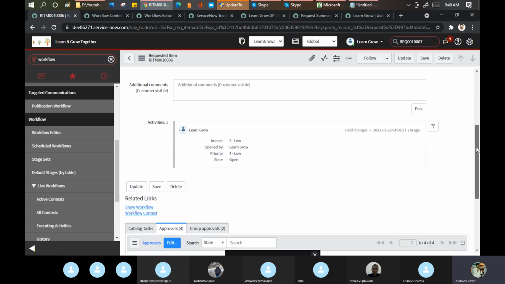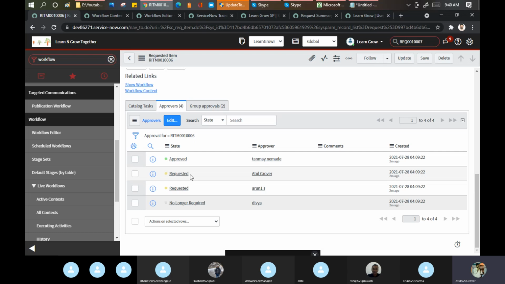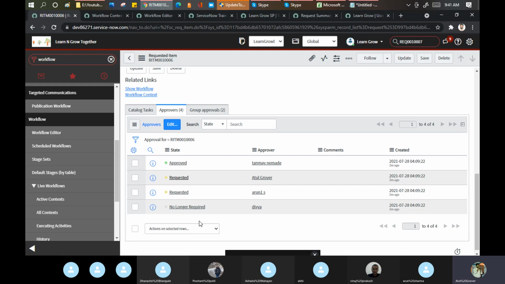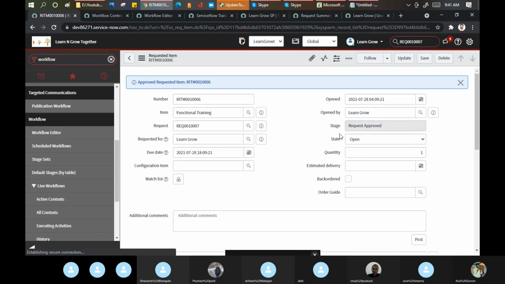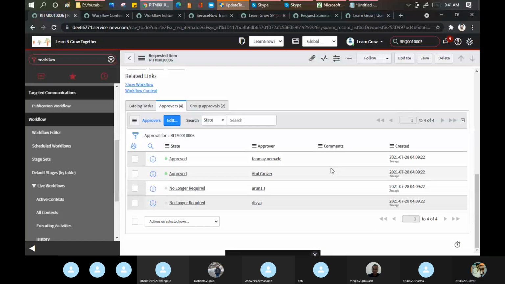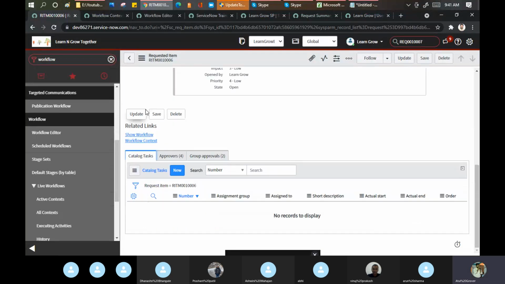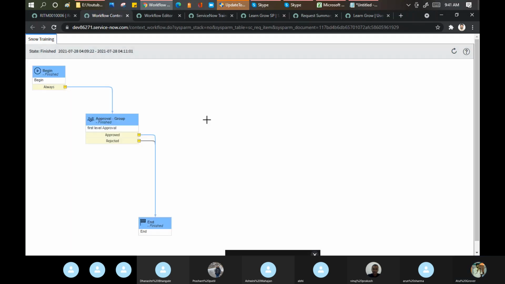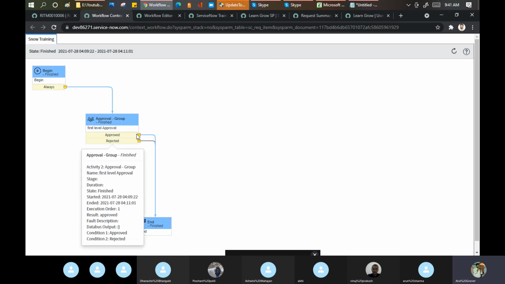Okay. Scroll down and approve this. Nothing will be done forward now. Done. No task will be created because we did not define anything in our workflow. If you reload this one now, it's completed. Because we did not define anything. If it is approved, what else do we need to do here?